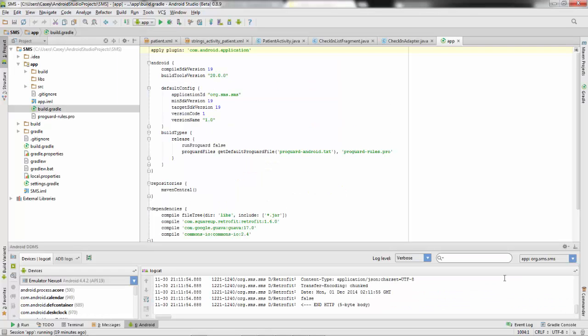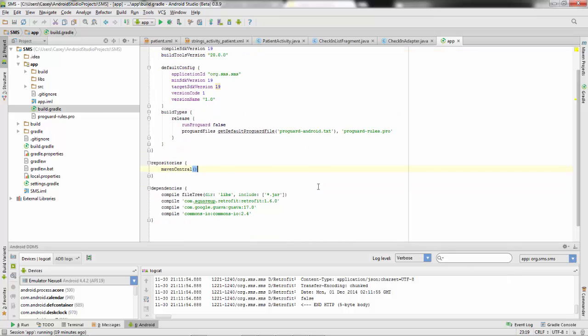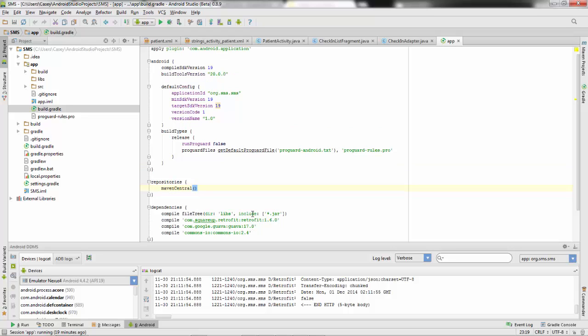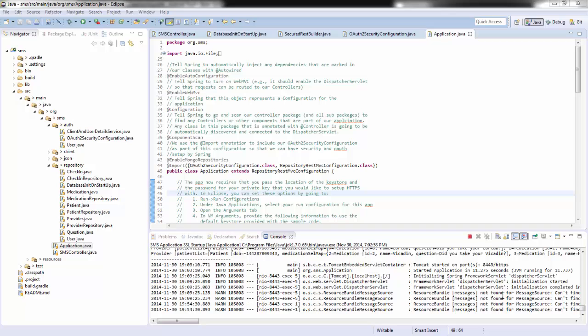On the mobile side, I'm using Android Studio, which uses Gradle for builds, along with the Retrofit package and some Commons I/O for creating these HTTP connections to our cloud service. So from the server side,